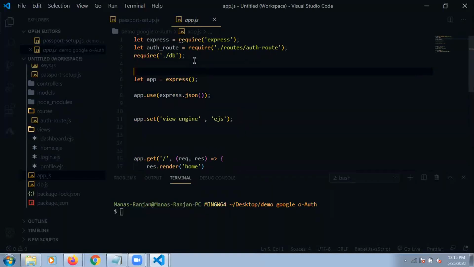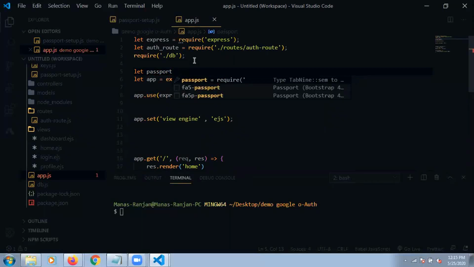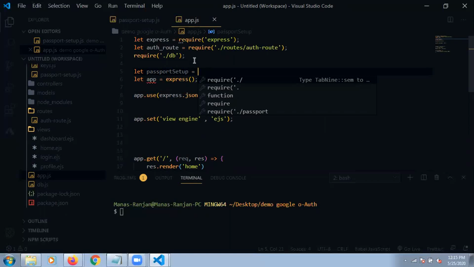Since we are requiring our function, we are writing passport setup equal to require.